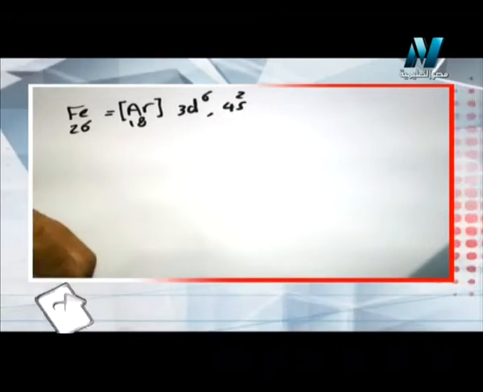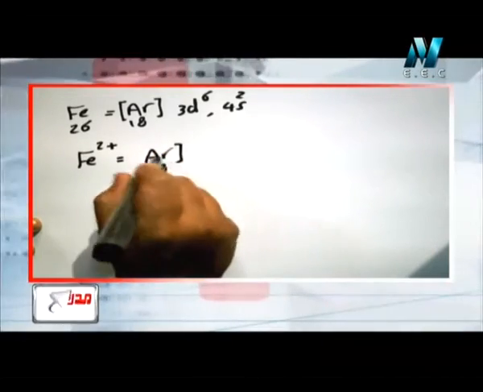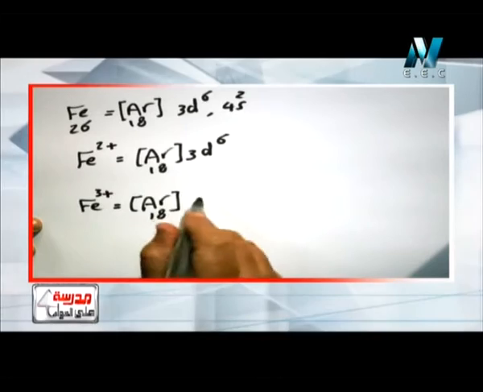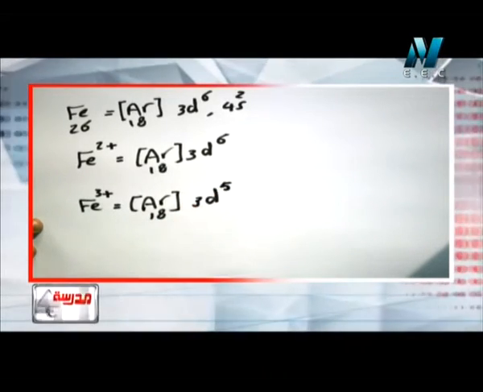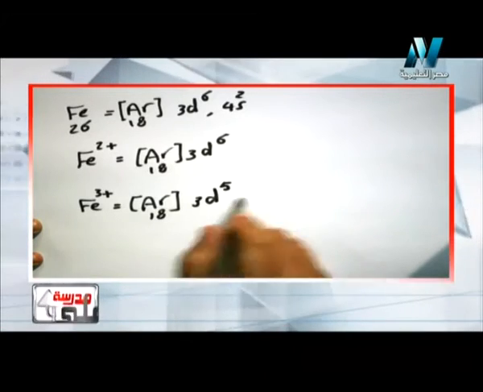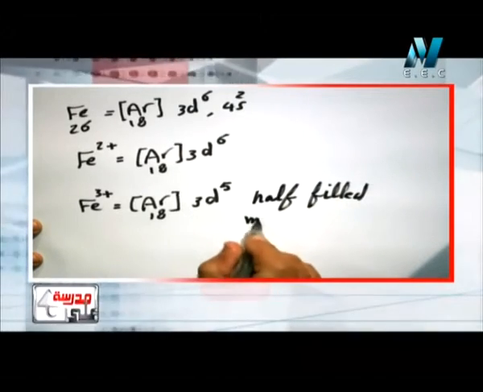When this iron loses 2 electrons to be Fe positive 2, it loses electrons from 4s at first. Why? Because 4s has less energy than 3d. It will be argon 18, 3d6. But when the iron becomes Fe positive 3, it will be argon 18, and loses 3 electrons, 2 from 4s and 1 from 3d. 3d will have 5 electrons. So I said that with the sublevel D half filled it is more stable. Iron 3 half filled, so it will be more stable